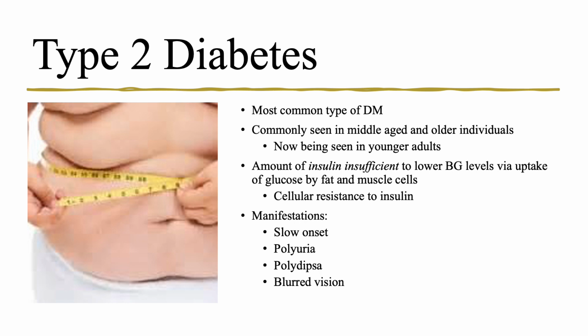And then people may have some polyuria, polydipsia. Often the thing that brings them in is blurred vision. They go to their ophthalmologist and say, hey, my eyes aren't working very well. The ophthalmologist will examine the back of their eyes and say, when was the last time you had your blood sugar checked? Send them to their doctor. So you're going to see polyuria, polydipsia, and fatigue and not feeling very good.